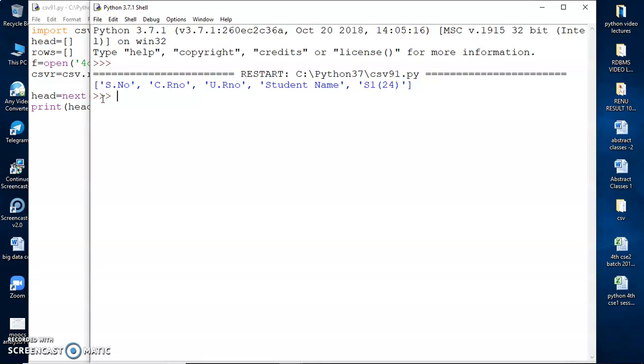These are the column field names in my CSV file. The first field is serial number, the second one is the college roll number, the third one is the university roll number, then the student name, and then the marks in sessionals. Remember, all these fields are strings. So when we need to process the marks, we need to convert them into integers.